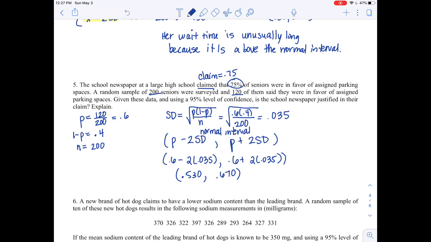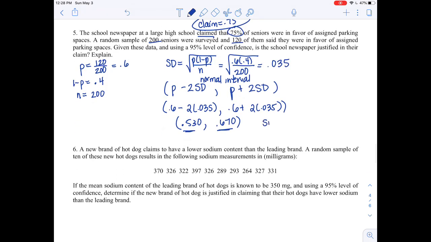So that's saying that the normal percentage of seniors who actually in the whole population believe that there should be assigned parking spaces is somewhere between 53% and 67%. Okay, so that's what the true value should be. This claim of 75 is not in the normal window, so the newspaper is not justified in their claim. Okay, so you would say since 0.75 is not in the normal window, the newspaper is not justified in their